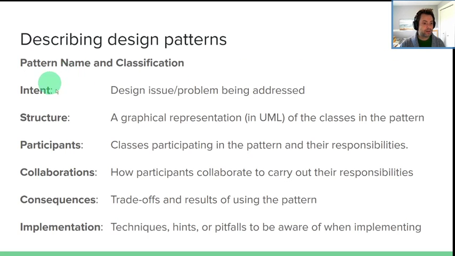So for a pattern, we need the intent. What is the problem we're addressing, right? If I don't have a problem, why do I need a pattern for it? What's the structure of the design pattern? This is where we can use our UML knowledge, providing a UML diagram of how this pattern actually looks. When we talk about the singleton, that's just one instance of a class in memory.